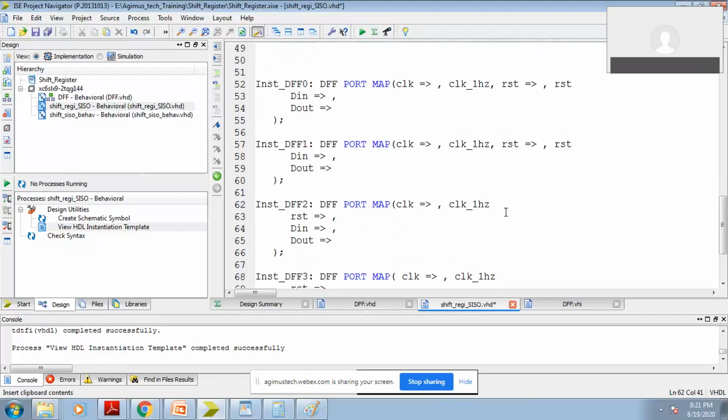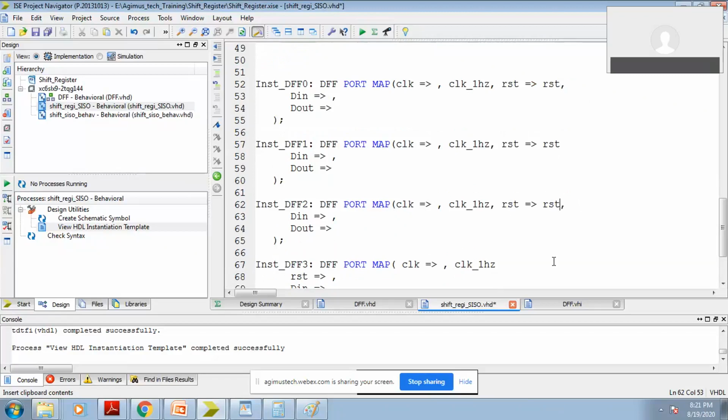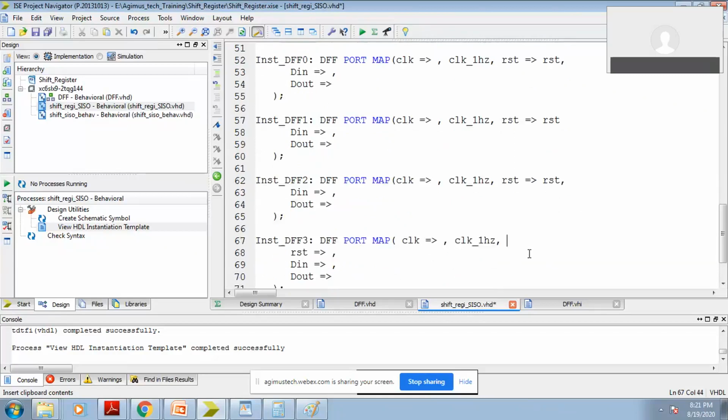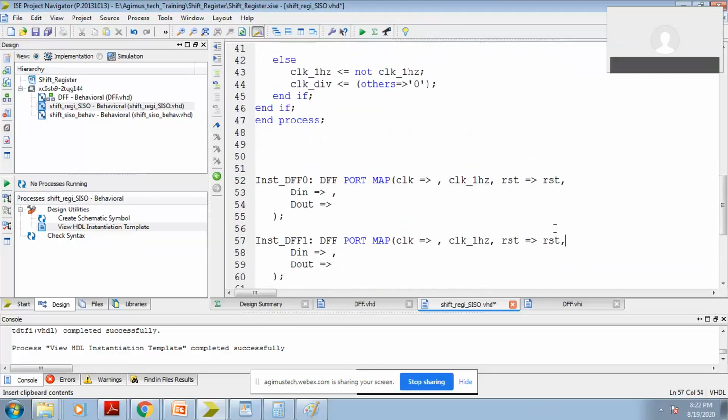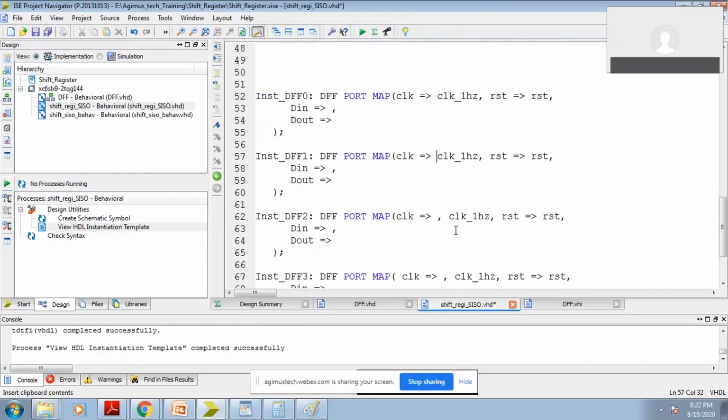The reset is common for each and every flip-flop. So reset is common now. That means we have assigned the actuals to the two formals.